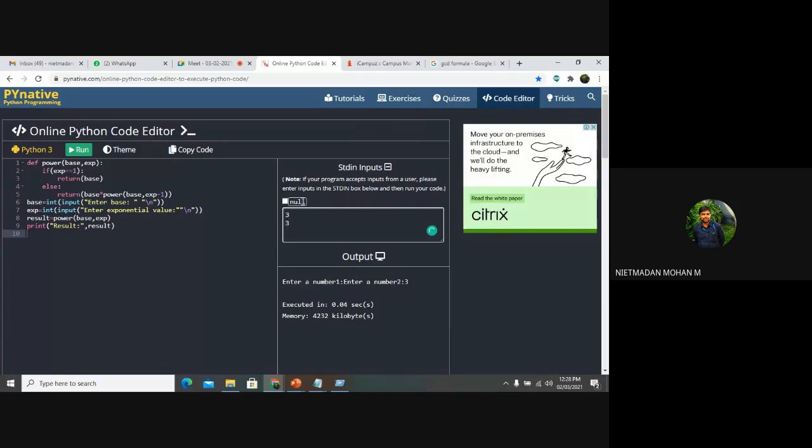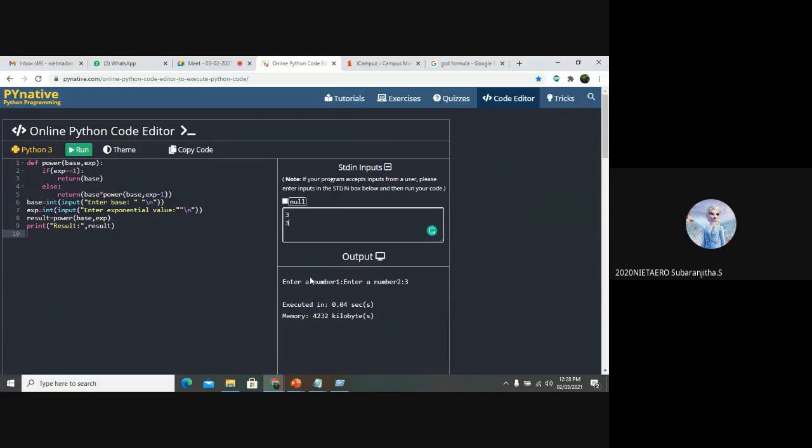It means that I am giving the input as 3, 3. So what it means is 3 to the power of 3. What value do you expect to get? 27. And one more thing: is it a function composition or a recursive function? Is it a void function? No, it is a fruitful function. Actually, we are getting a return value, so it means that it is a fruitful function.